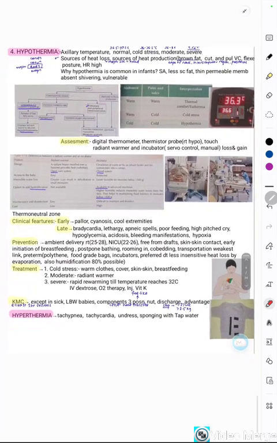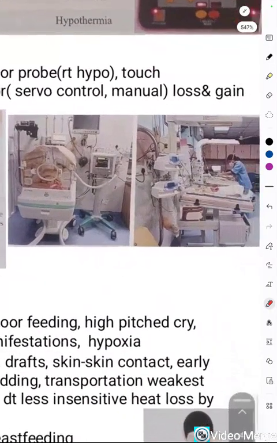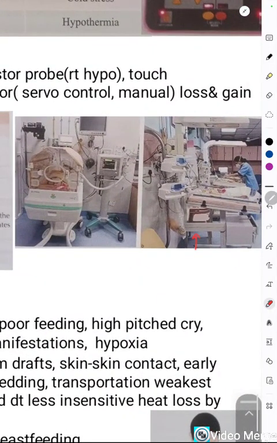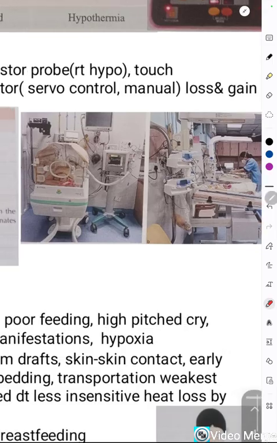Now, what's the difference between the radiant warmer and incubator? So this is the radiant warmer. It's an open care system, while incubator is a closed care system. Radiant warmer provides heat by radiation. In an incubator, handling of the baby is difficult. Here it is more of a restricted system, but however, the option to add humidification is present in case